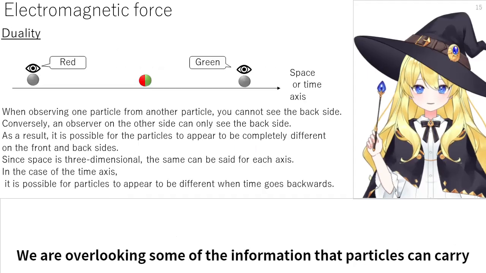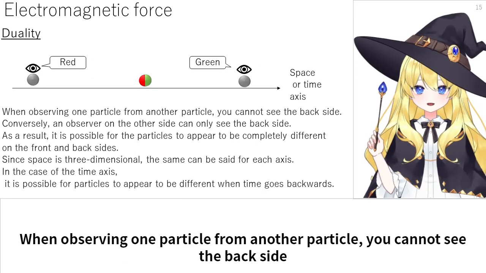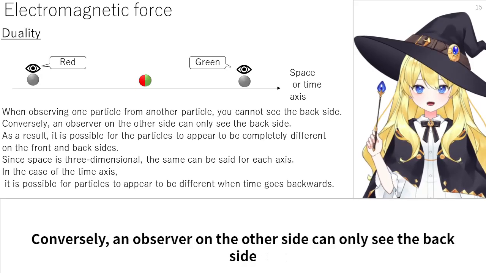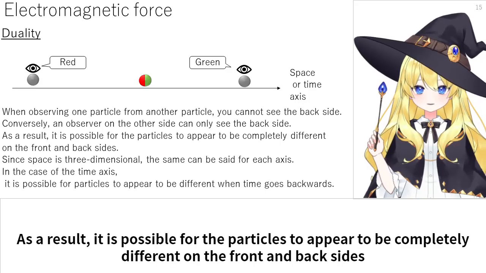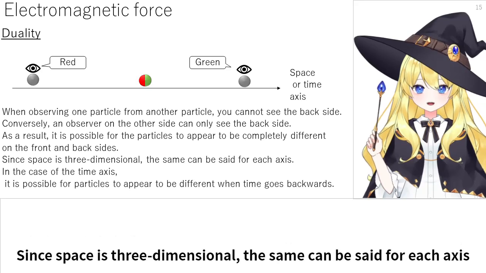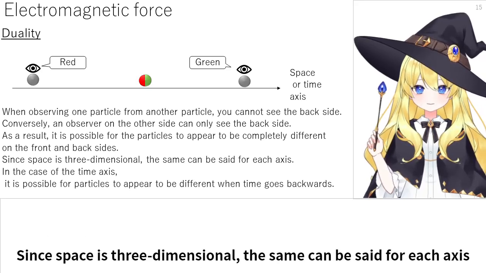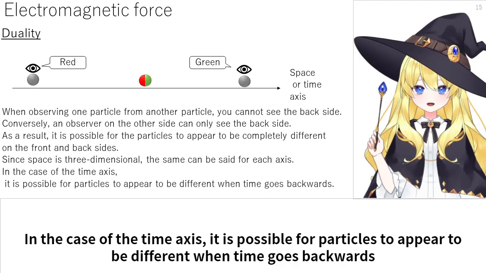beginning. We are overlooking some of the information that particles can carry. When observing one particle from another particle, you cannot see the backside. Conversely, an observer on the other side can only see the backside. As a result, it is possible for the particles to appear to be completely different on the front and back sides. Since space is three-dimensional, the same can be said for each axis. In the case of the time axis, it is possible for particles to appear to be different when time goes